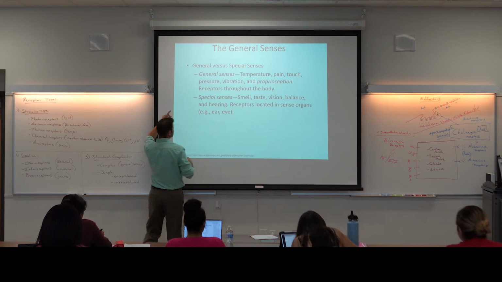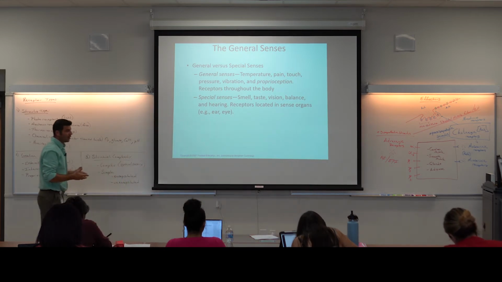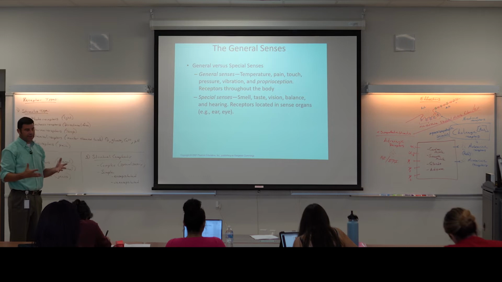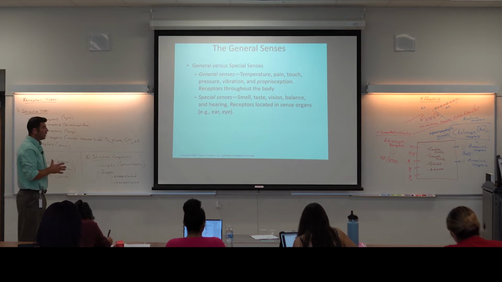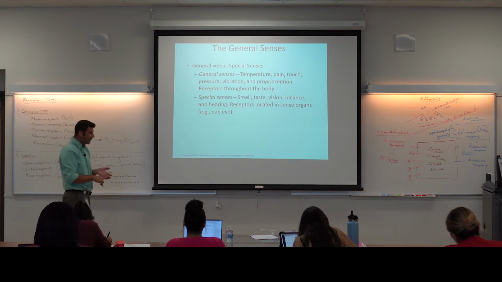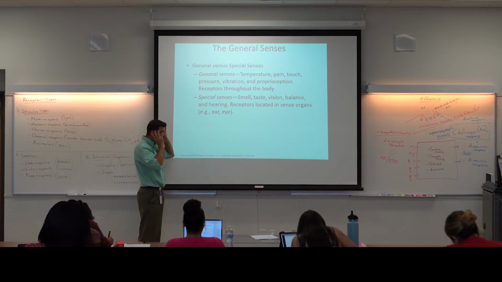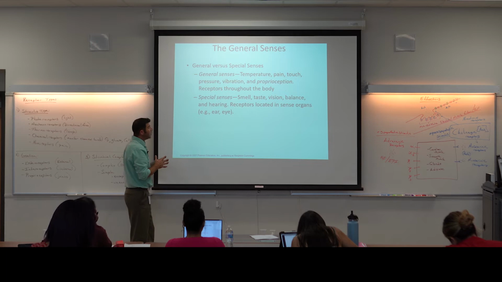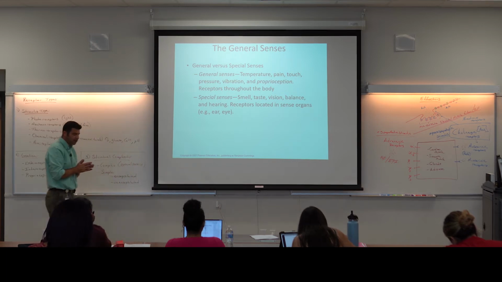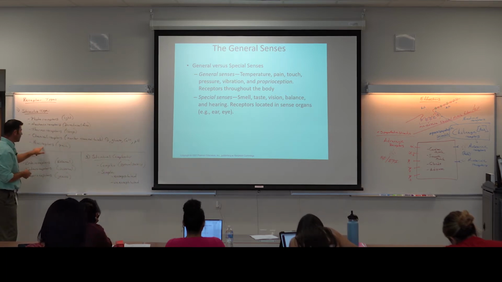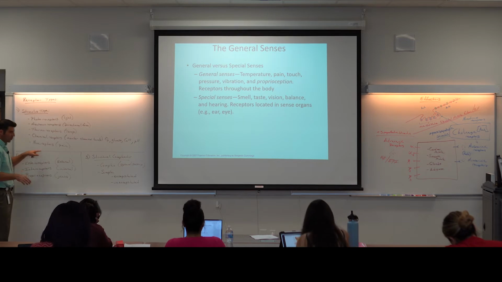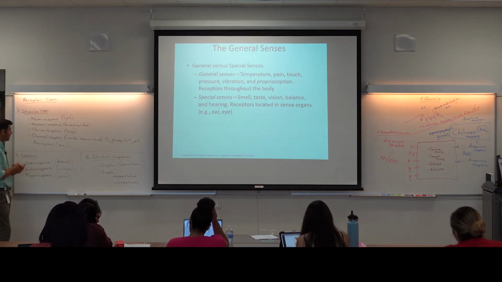Whereas the first bullet point there, general senses, are body-wide sensory structures. So they're all over the body. They're not involved in things like vision or smell or taste or hearing or balance or equilibrium. Like all the special senses, those are all receptors we're going to find in the head. General senses are telling you things about temperature, pressure, these chemoreceptors. Whether you're stepping on a tack,